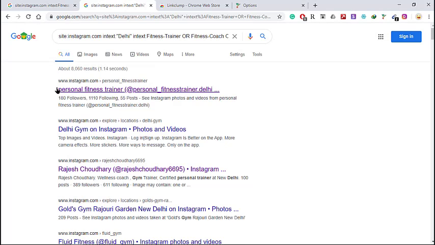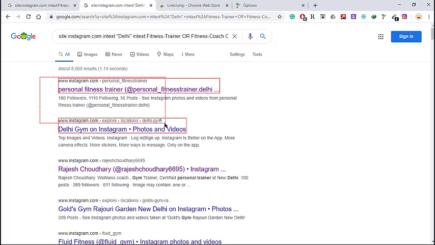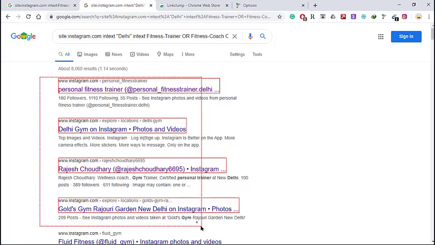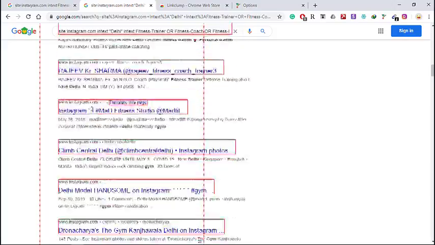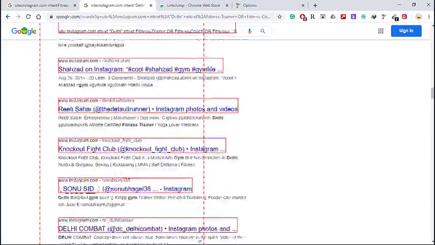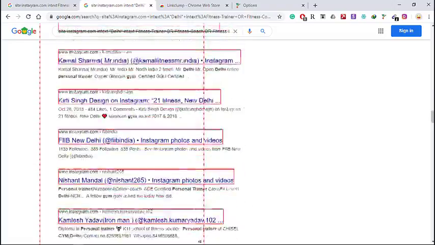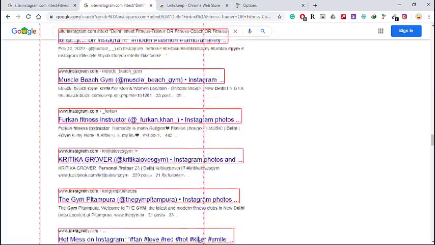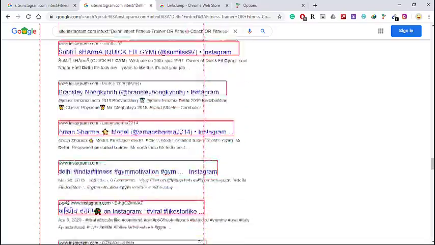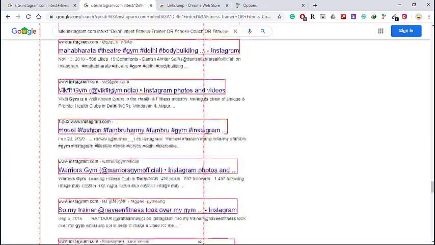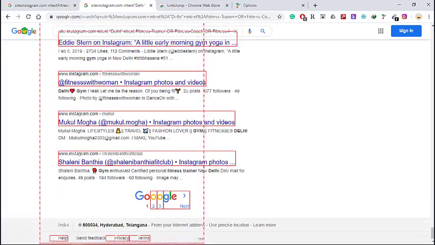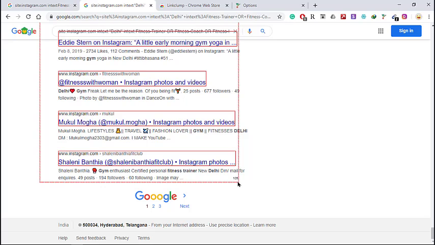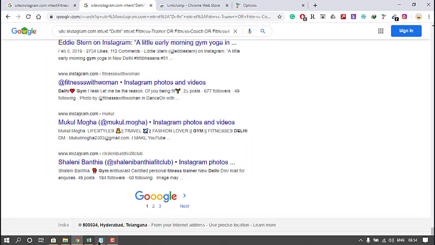Now let's see how this works. I'm pressing the button here. See, all the URLs are getting marked in red. All you have to do is drag it down. Before doing that, we have changed the search setting to 100 results per page. We'll go to the end of this page. We have 100.